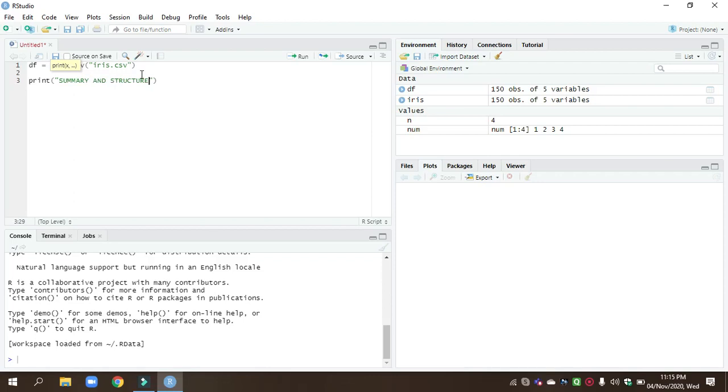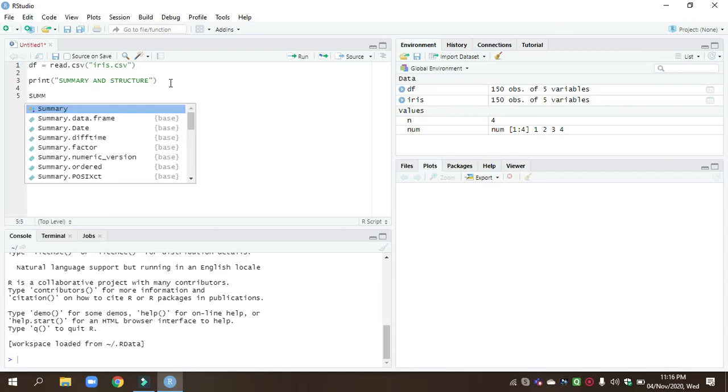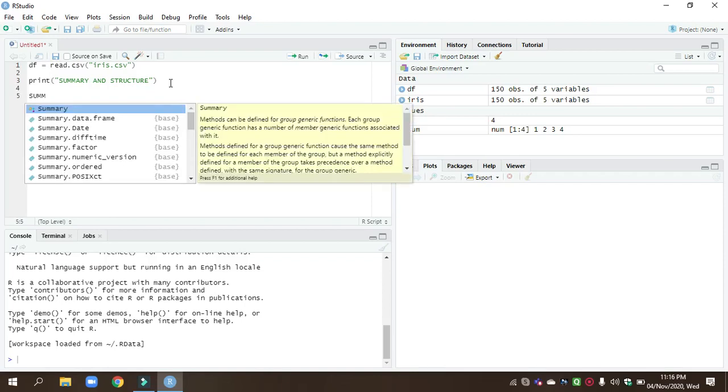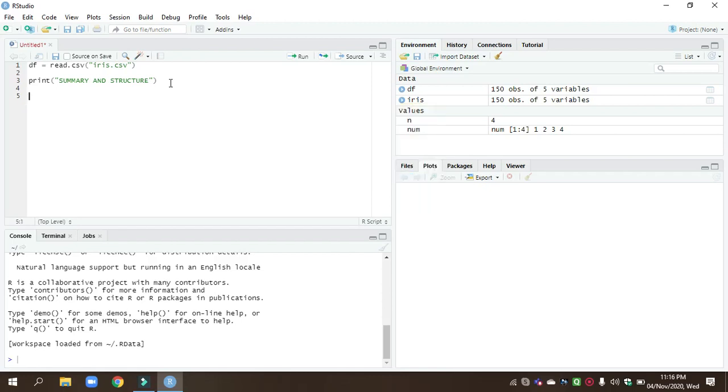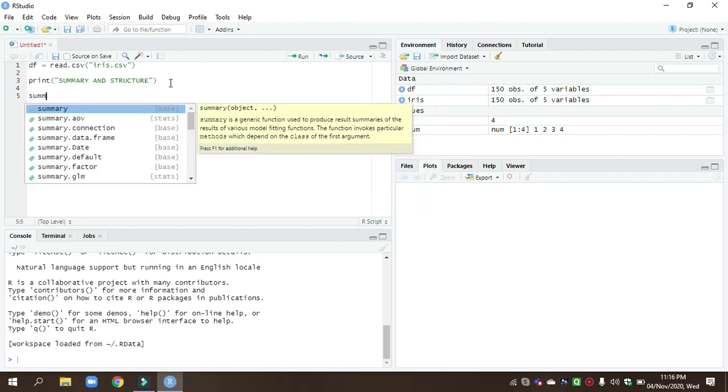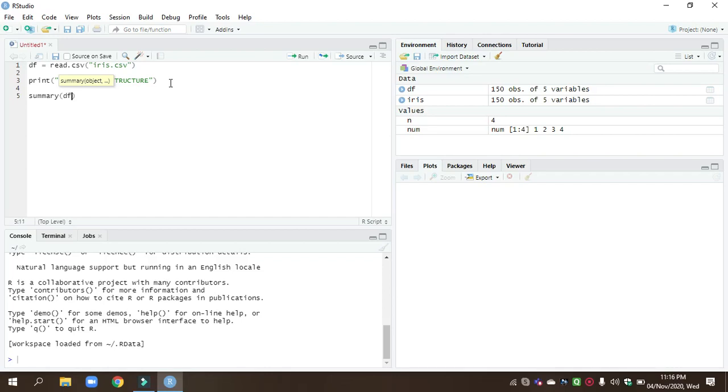It will implement our first operation: see the summaries of the data sets. So we'll get the summary of the data frames.